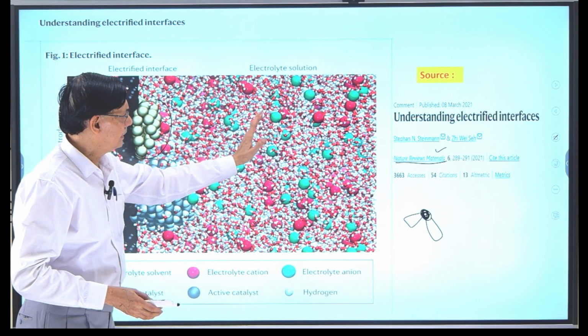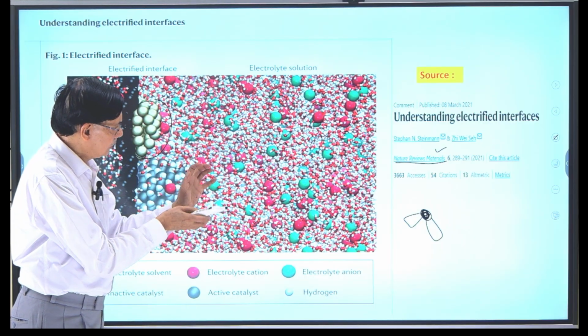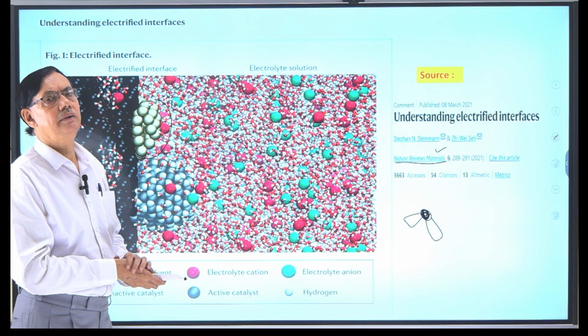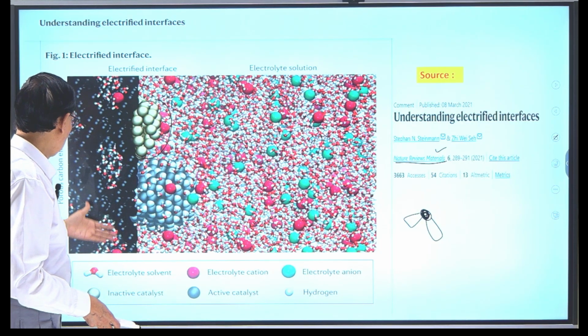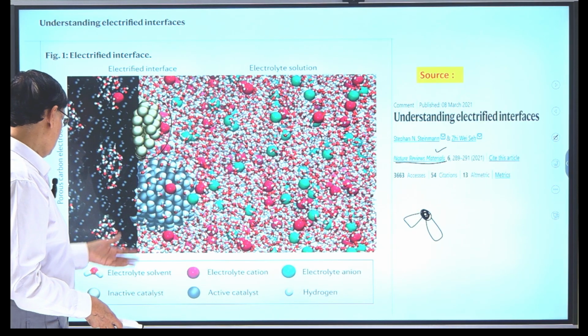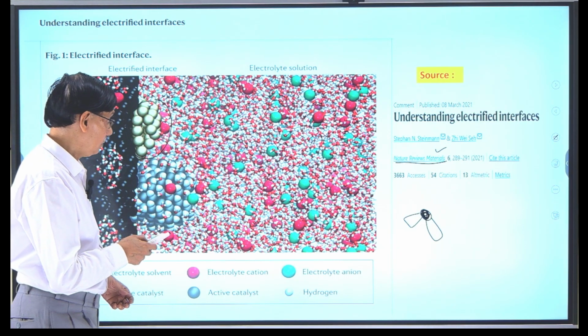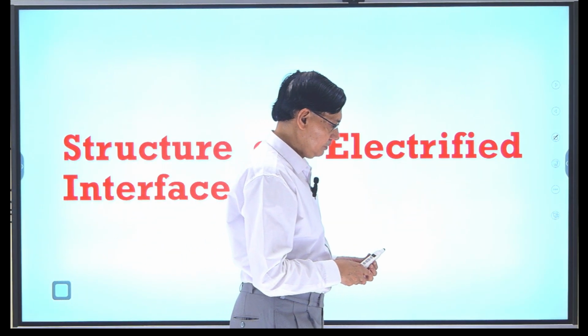So you know this type of, so there is a tremendous ion solvation is also there. Solvated anion और cation, solvated water से घिरा हुआ. ये आपका इलेक्ट्रोड है, ब्लैक कलर का जो है इलेक्ट्रोड, ये इलेक्ट्रोलाइट सोल्यूशन है. अब इसको मैं दूसरे ढंग से आपको समझाता हूँ. Last part,